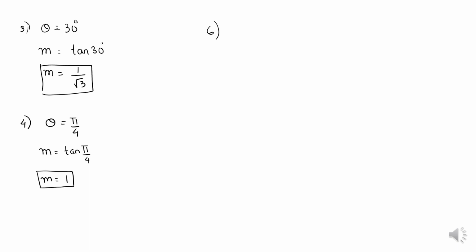Now question number 6. Without using Pythagoras theorem, show that the points A (4, 4), B (3, 5), C (-1, -1) are vertices of a right angled triangle. So what will I do? Since I have to prove that it is a right angled triangle without Pythagoras theorem, I'll make use of the slope.